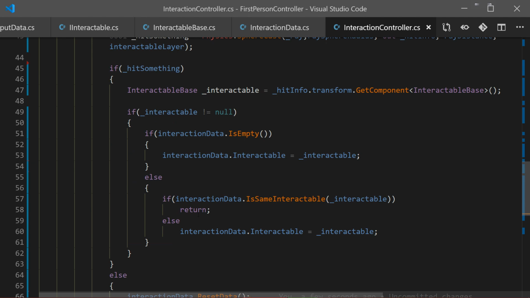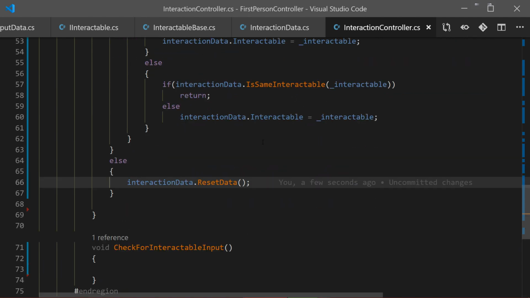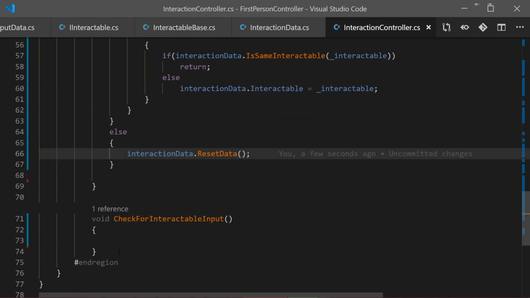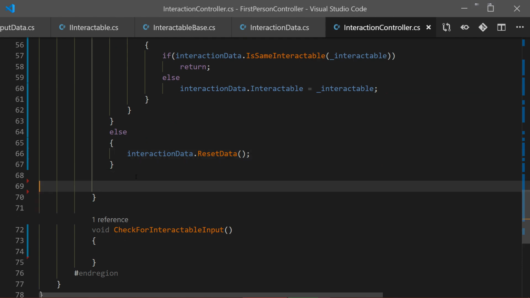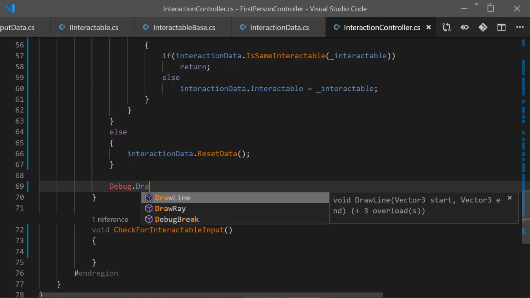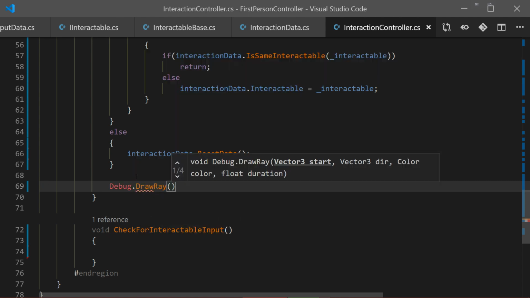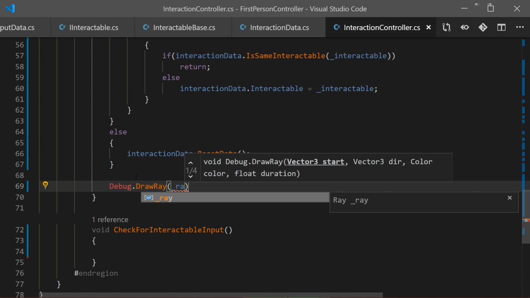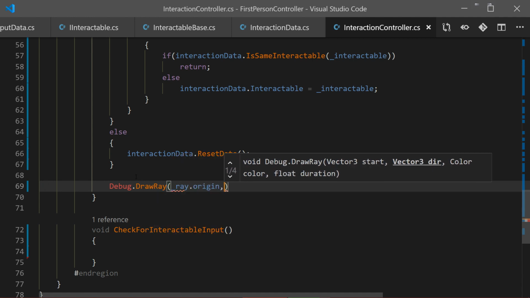So now we have to check for the interactable input, but first maybe I will write a small debug line so we can see it in the inspector, like in the scene view. So let's write Debug.DrawRay, and the ray we want to draw, origin will be our ray origin, ray.origin, and the direction will be